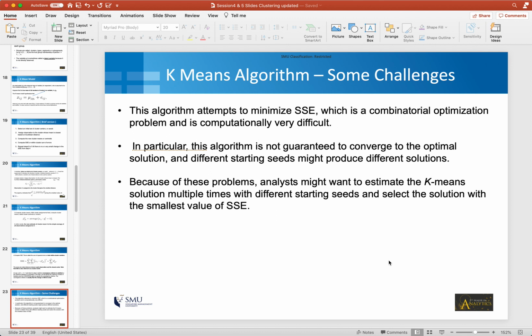In fact, a lot of tools have their own specialized or sometimes proprietary ways of choosing a set of initial seeds based on a better than random guess. Okay, and so that is one of the drawbacks, and that is something that we will look out for.